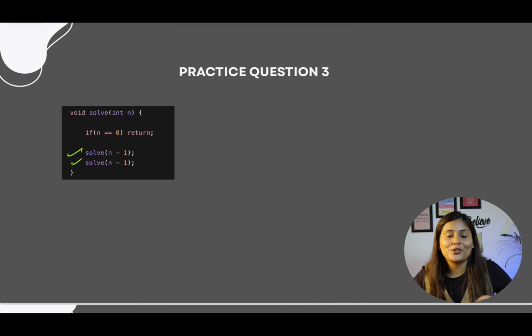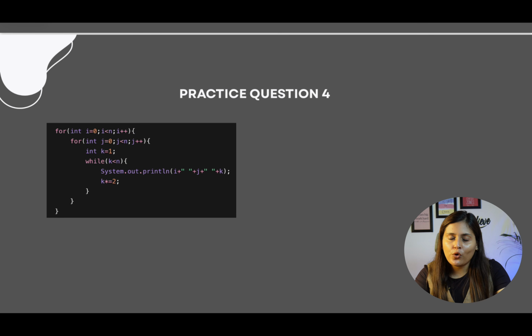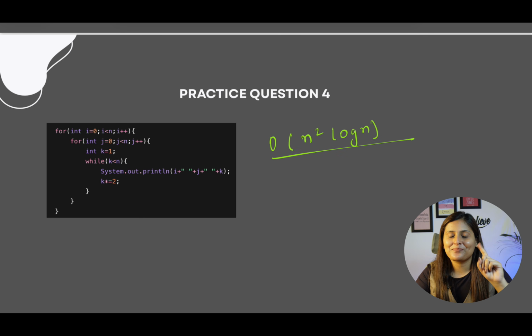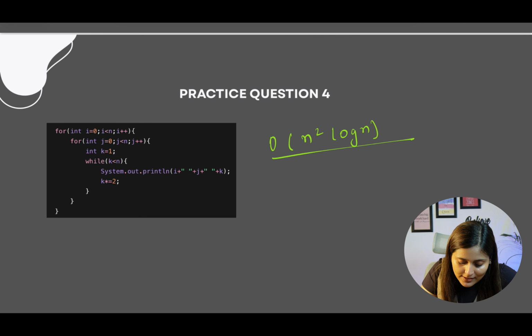So congrats if your solution was correct. Now question number 4, which is the last question. Pause the video and let me know the time complexity in the comment section. So if your answer was n square log n, then congrats, you are right. Why? Because see, here the very first for loop is running for n time, second for loop is also running